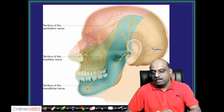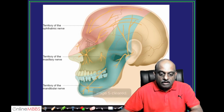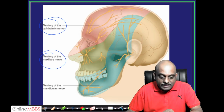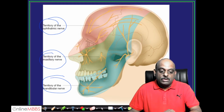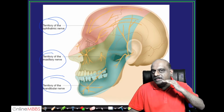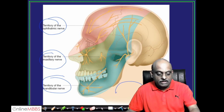Now let us look at the various structures. So you can see that trigeminal has got three divisions. So this is the ophthalmic nerve, territory of the maxillary nerve, and the territory of the mandibular nerve. So these three fundamentally supply the various areas of the face. The only place where